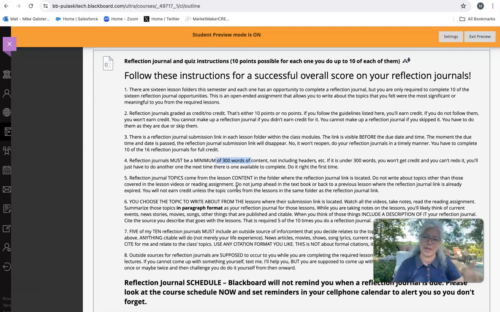So the lessons open Monday morning, Tuesday morning, Wednesday morning, and Thursday morning. And whenever the lessons open, it's a little bit more than 48 hours until you need to turn in your reflection journal for those lessons. And so there'll be 4 reflection journal opportunities for each of the first 4 weeks that we have class together. And so there's your 16. Please plan ahead to make sure that you do